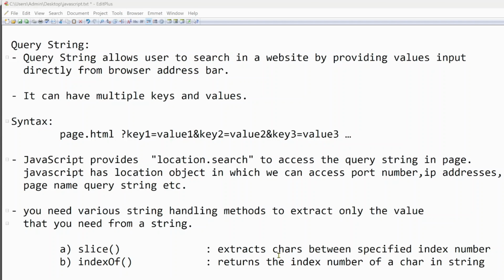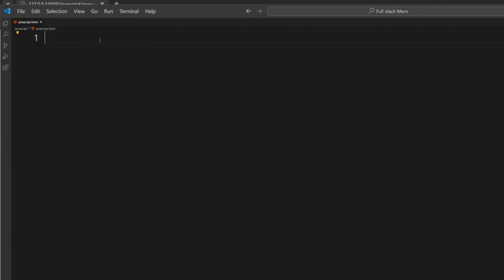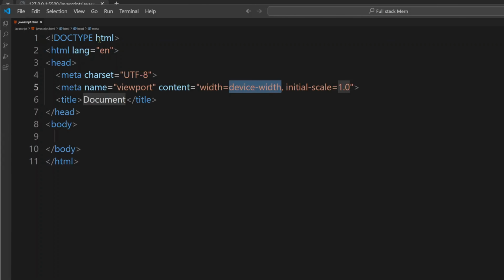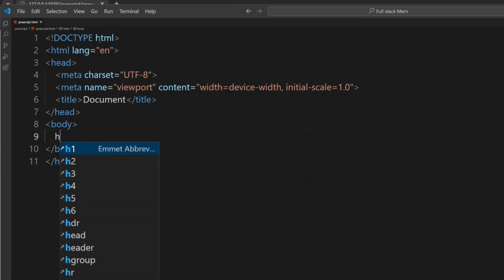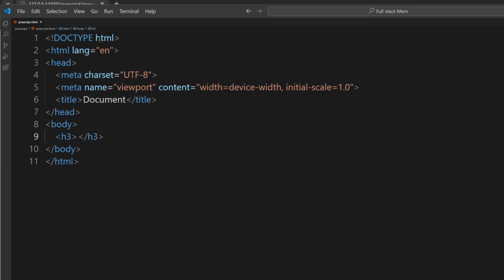So in today's video, we're going to learn about query string. Let's learn this query string with an example. Open our VS Code, set up your basic HTML, and we take a heading tag. Inside of this heading tag, we write user dashboard,